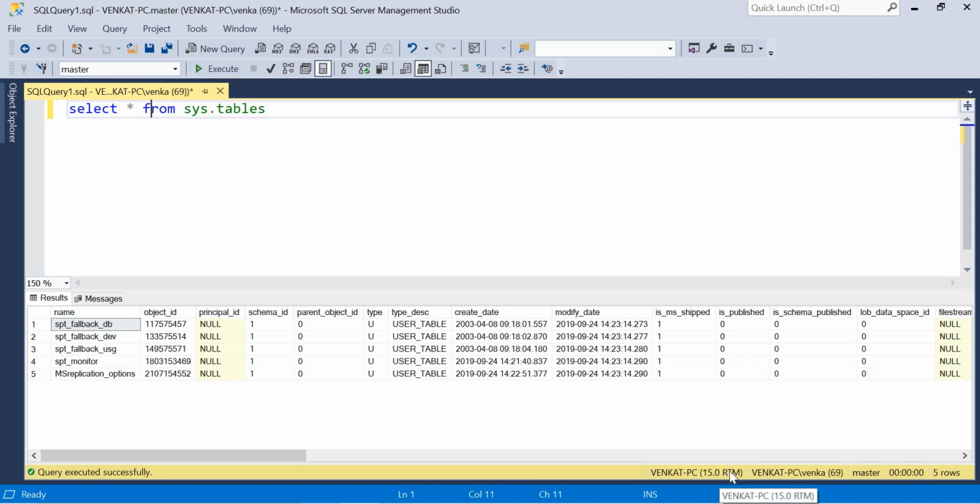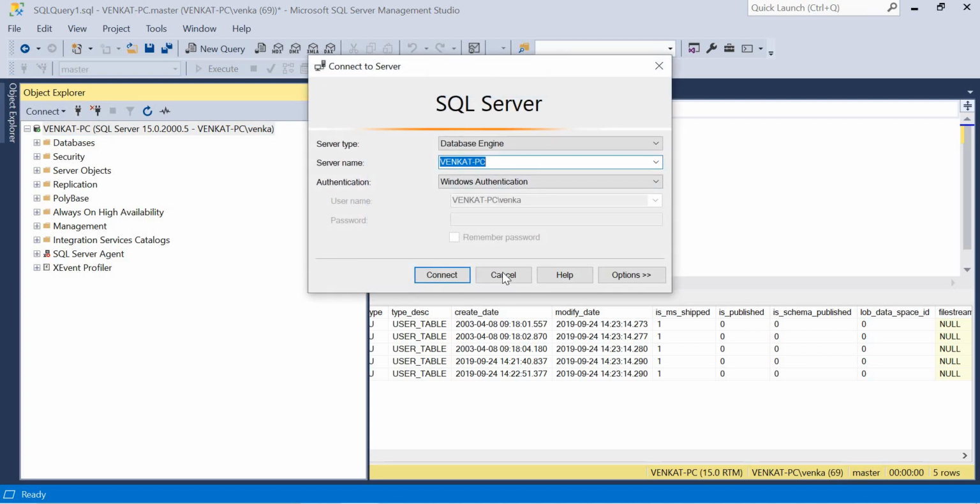But I want to differentiate. When I connect to server 1, one color, server 2, a different color, server 3, some other color, so that I don't need to cross-verify my server connection, whether it's prod or dev or something like that. By looking at the color itself, I can understand whether this is dev or prod or UAT. So how to set this, and also how to add servers to SQL Server Management Studio? I have 3 servers which I need to manage on a daily basis. Every time, do I need to click like this and specify the names here?